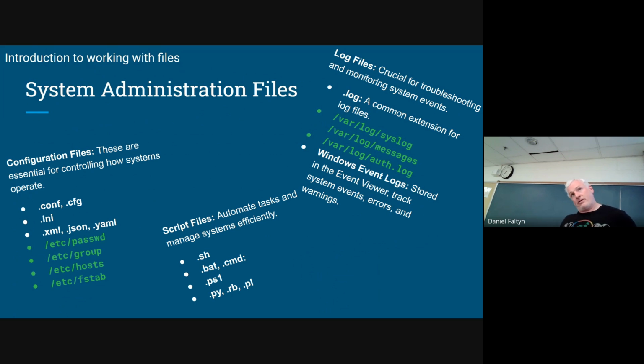I'm trying to put together project one. I should have that next week, where we're going to work with etc/passwd and something called etc/shadow. Those who are not into cybersecurity, not a big deal. It's just going to get you comfortable with working with files. But those who are interested in cybersecurity, it's going to teach you a little bit about how authentication works on Linux systems.